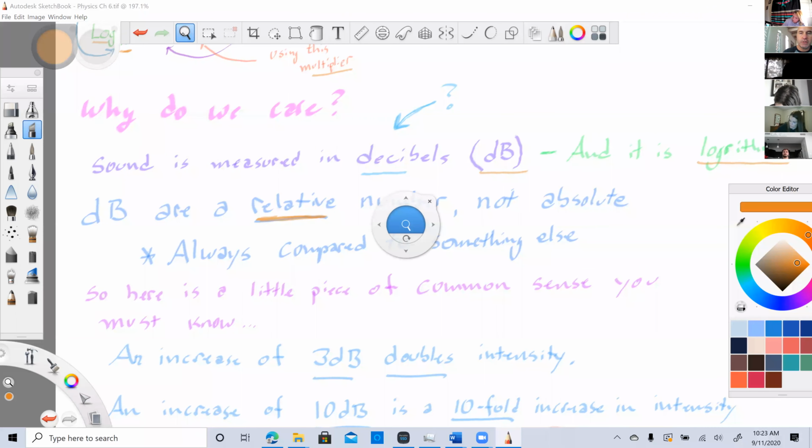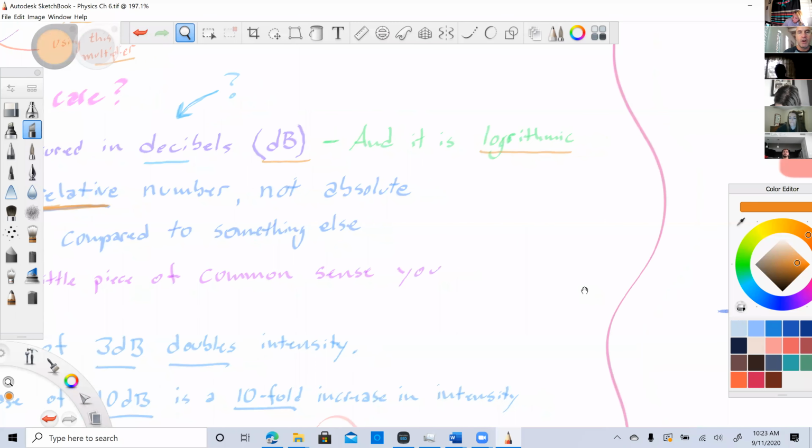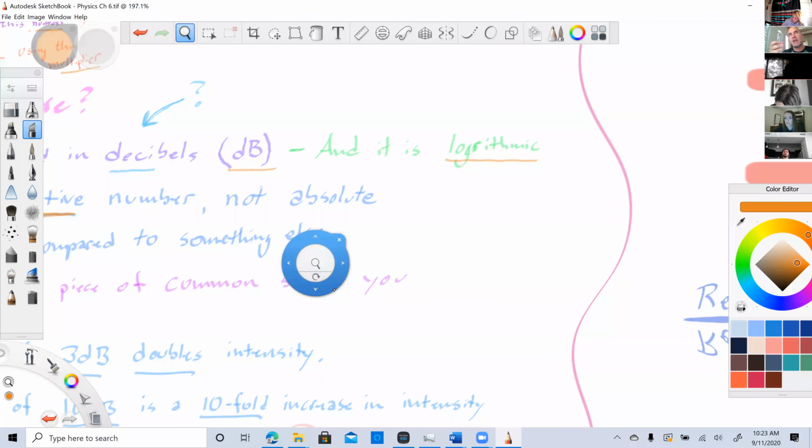So usually when we're talking about a stereo system, or they say a jetliner has 120 decibels if you're right next to the engine, or a whisper is... I thought there were some examples of decibels, but in any case,